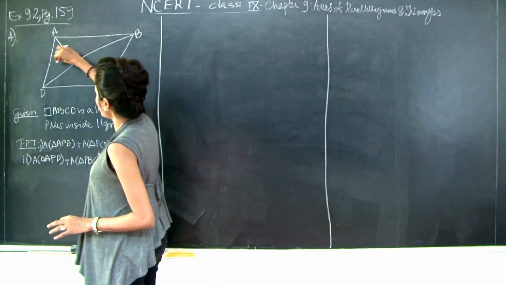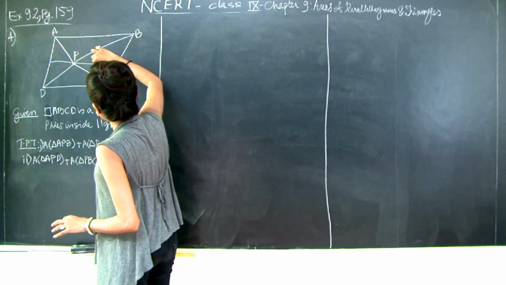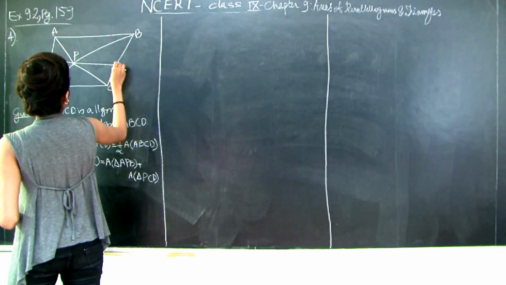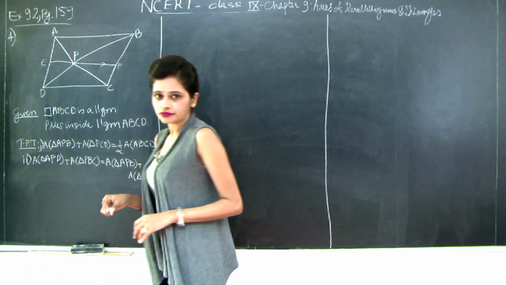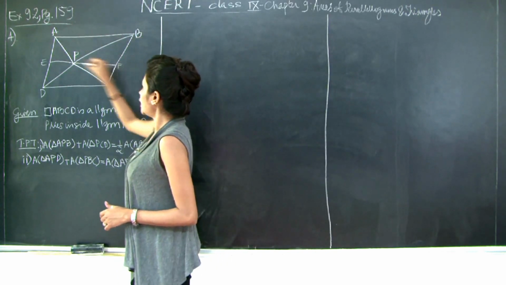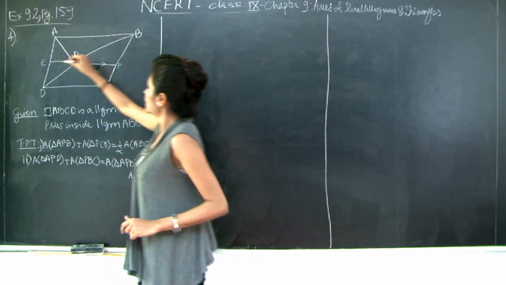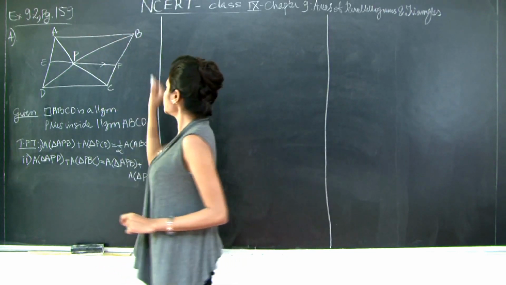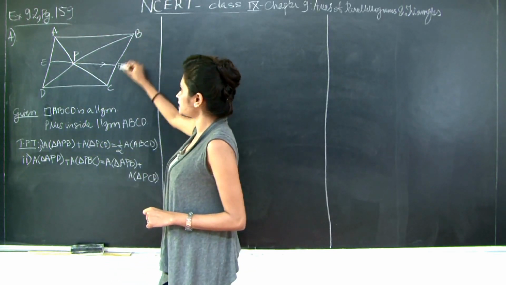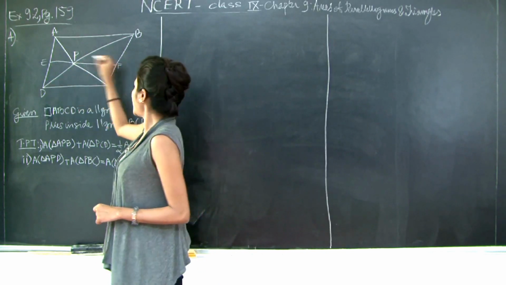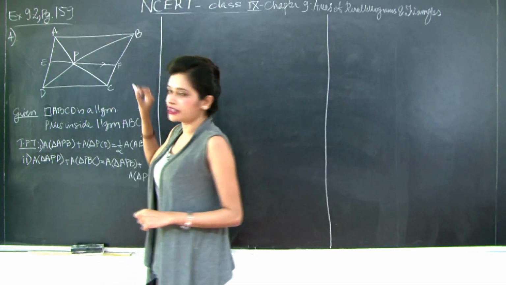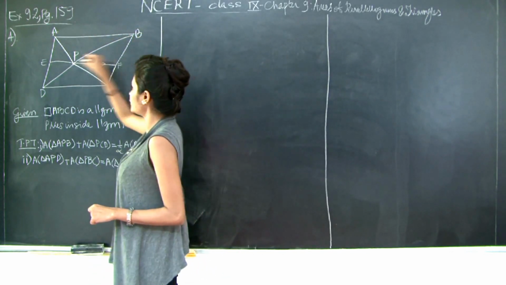So let's say I draw a line passing through P such that this line, let's call it EF, is parallel to AB. Now let's take a look at this entire quadrilateral out here, that's ABFE. What do I get? EF is parallel to AB through the construction, and BF is parallel to AE. Why? Because these are the opposite sides of the parallelogram, BC and AD, right? And F and E are the points on BC and AD, correct? So AE is parallel to BF. Therefore, my quadrilateral ABFE is a parallelogram.